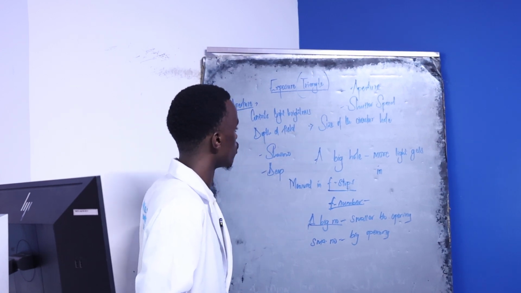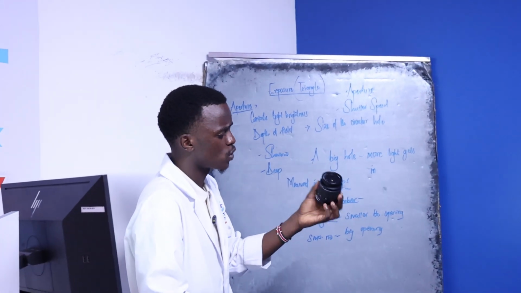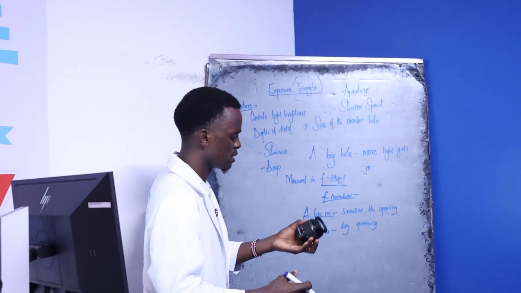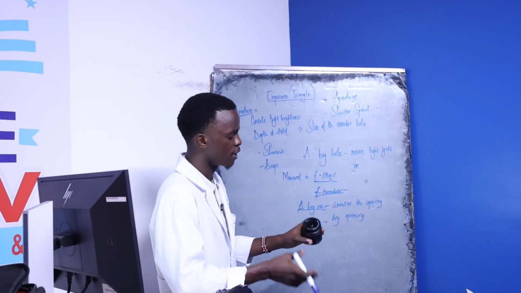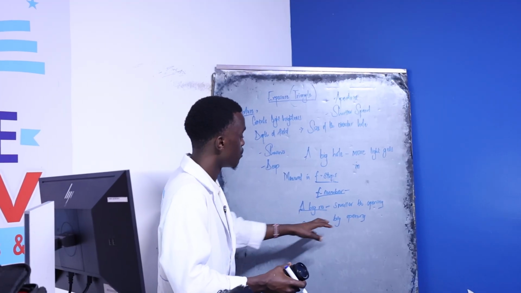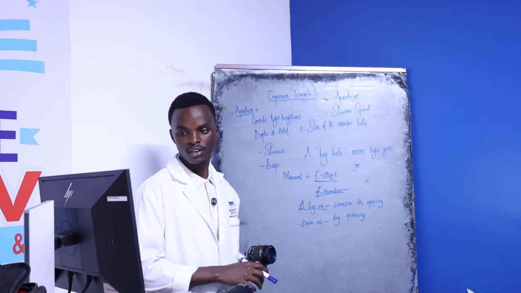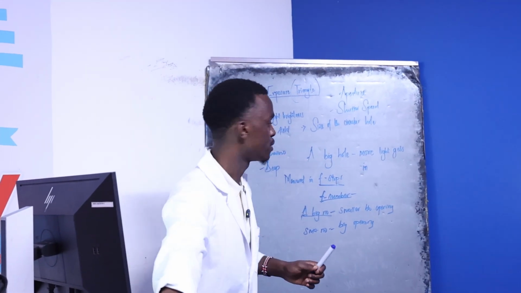So that is aperture for you. It is a hole located in the lens. It is actually like blades, so once you adjust the numbers, it opens and closes. The bigger the opening, the more light gets in. But again, the bigger the opening, the smaller the f number. For example, we have f numbers from maybe